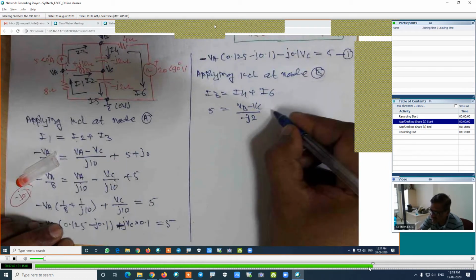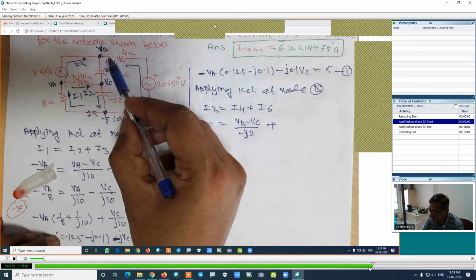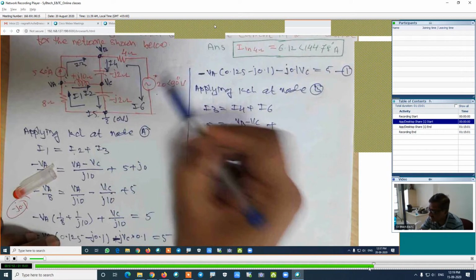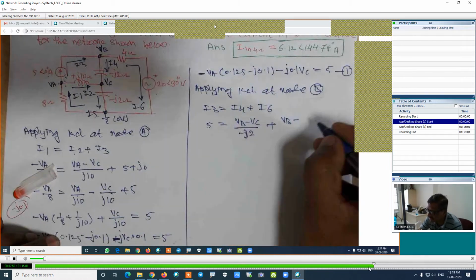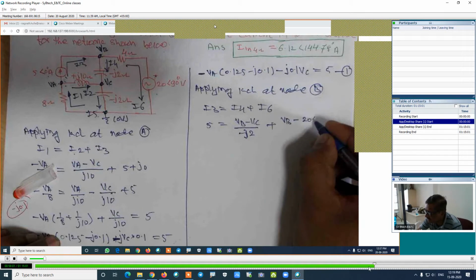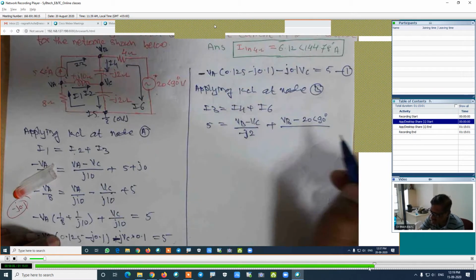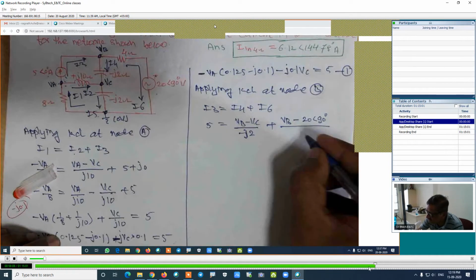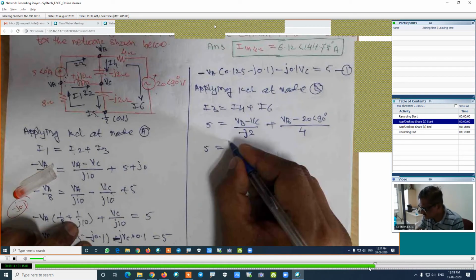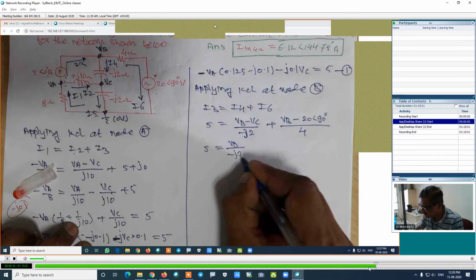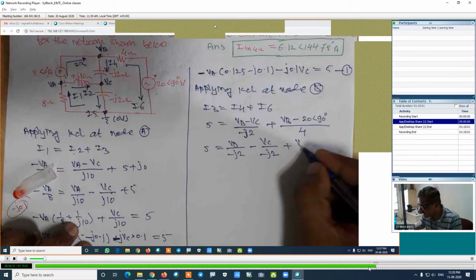Plus I6. I6 is the current in this branch, which is VB positive to negative, that is minus, VB minus 20 angle 90 degree, divided by its resistance, and resistance of this path is 4. I will simplify this: VB upon minus J2 minus VC upon minus J2 plus VB upon 4 minus